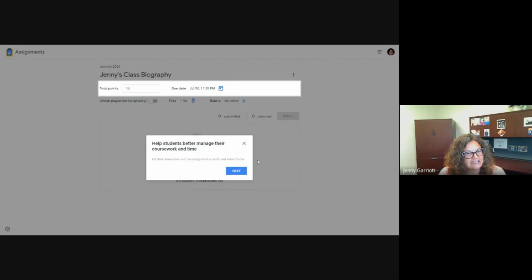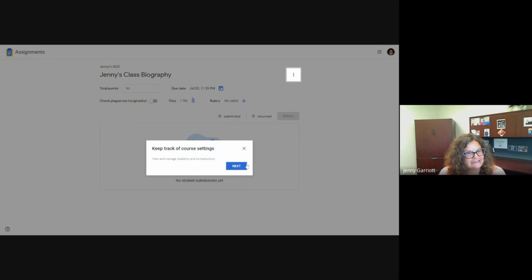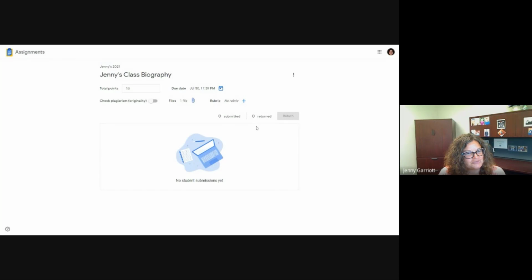So I clicked on that, and that's giving me a guide from Google. So it's walking me through that. But I can go here to no rubric and click on the plus sign. And I can create a new rubric, or I can reuse a rubric or import from sheets. And so if I click on create rubric,